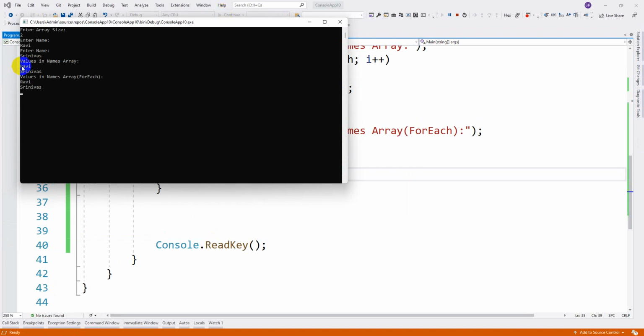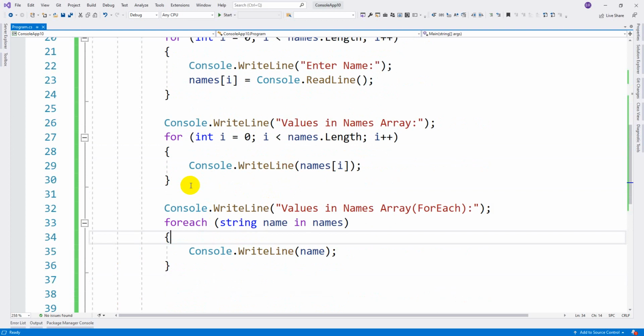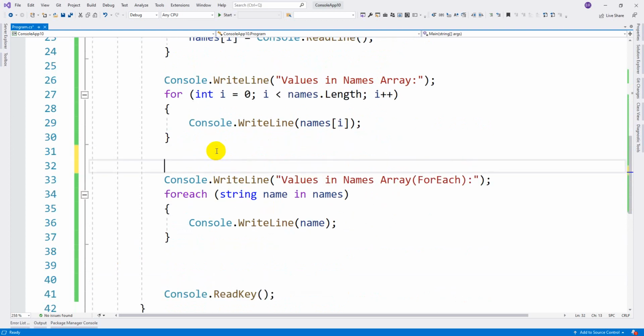So now you can see these two we got with for loop, these two we got with for each loop. As I already explained about this, in every array there are some searching and sorting techniques available. So you can use array.sort method, where this will sort an array in ascending order automatically. So now if you print by using for each, these two will get sorted in an order.